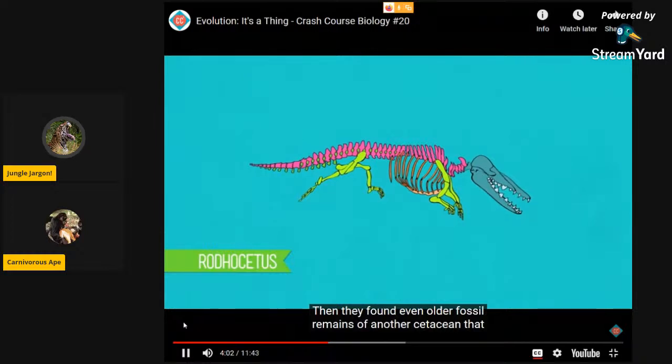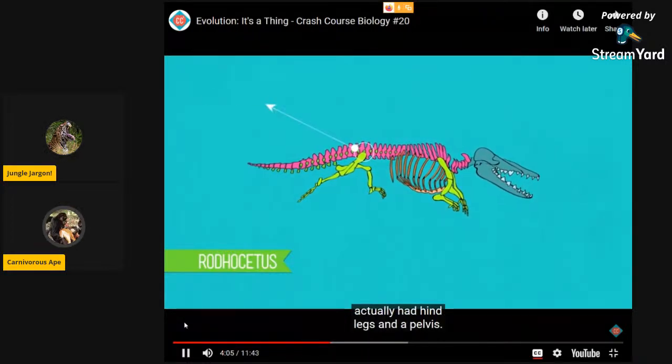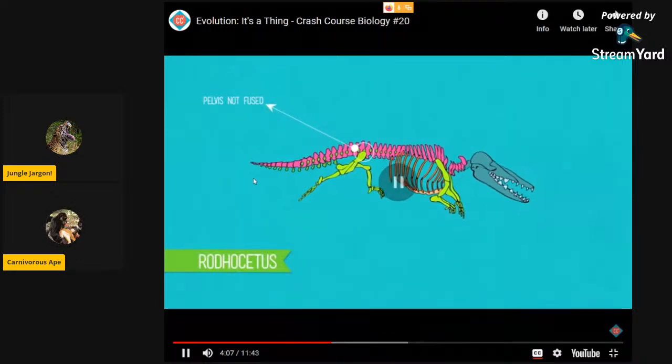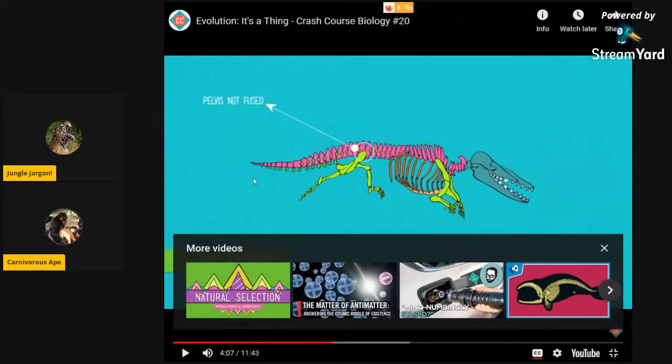From another cetacean that actually had a pelvis. I need a mechanism. I can't use this looks like this or this looks like that or this became this or this became that. I need a mechanism for something to be different, something other than what it was directed to be. It wasn't fused. I don't understand this. You're looking for a mechanism. We give you 7 different mechanisms for evolution, and you're saying that none of them are actually mechanisms?